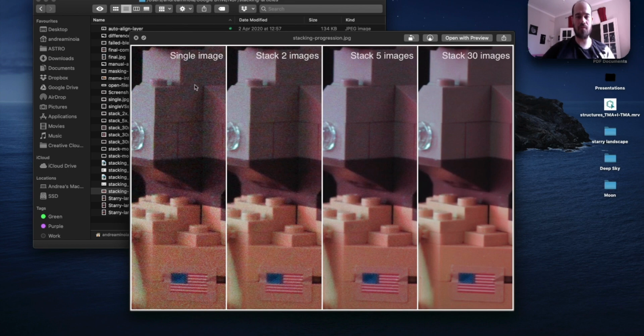So you see it's very grainy. You have both luminance and chrominance noise. The good news is that this kind of noise is random, and you see that stacking two images already reduced the noise, and stacking 5 images is even better, and I stacked up to 30 images